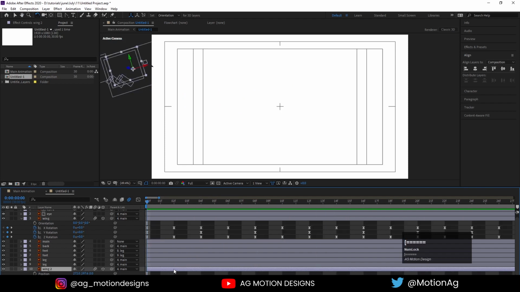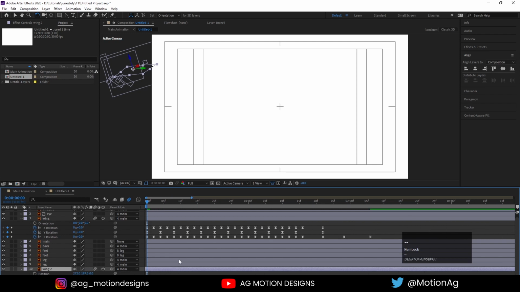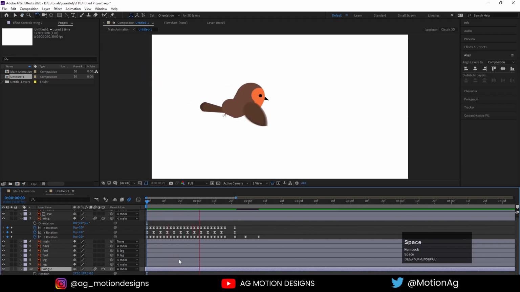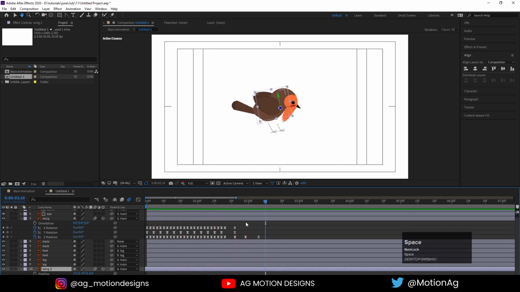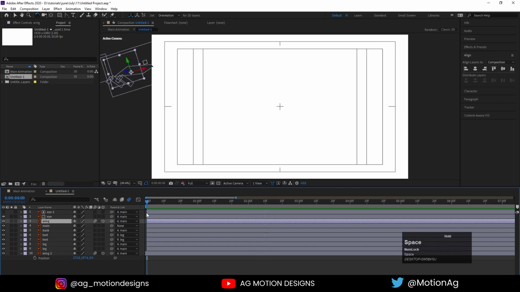Not 2 frames but only 1 frame. Yep. So we are getting this kind of animation.